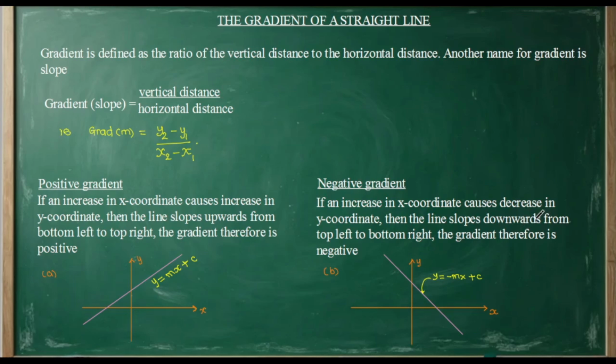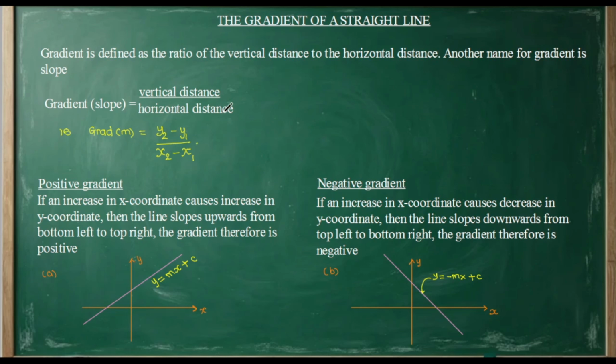Maths Academy. In this series today we're looking at lesson number 3, where we're looking at the gradient of a straight line. First of all, we need to know what gradient is. Gradient is defined as the ratio of the vertical distance to the horizontal distance, and another name for gradient is slope. Therefore, we have summarized this statement down here that gradient or slope is given by the vertical distance divided